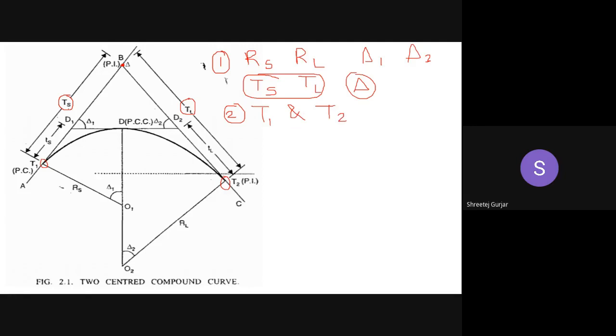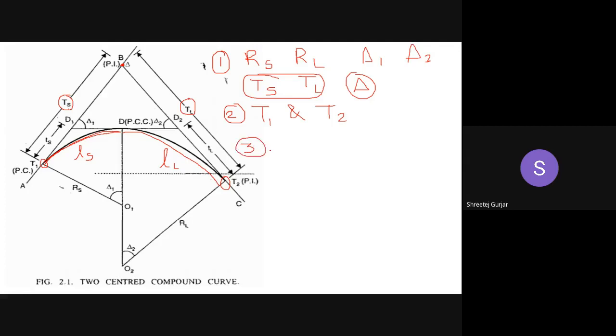Now, in the next step, you have to calculate the length of the curve. This is the length of your curve LS, the length of the shorter curve, so I will write it LS, and this is the length of your longer curve, so I will write it as capital L. Longer curve, and this is the shorter curve. We can calculate the length; we know the formula also. We can calculate easily.